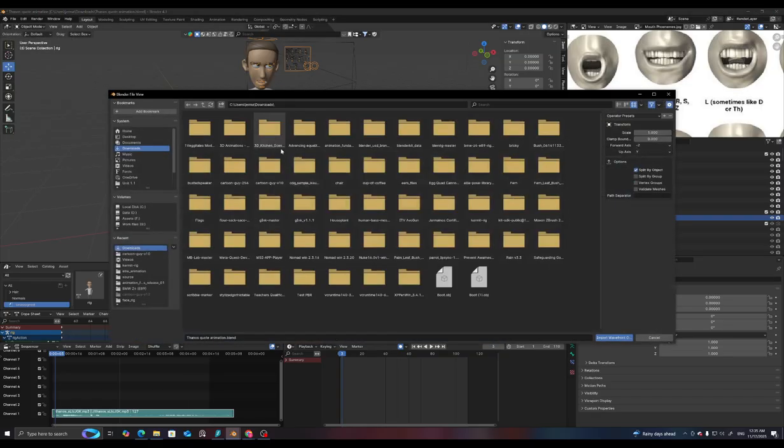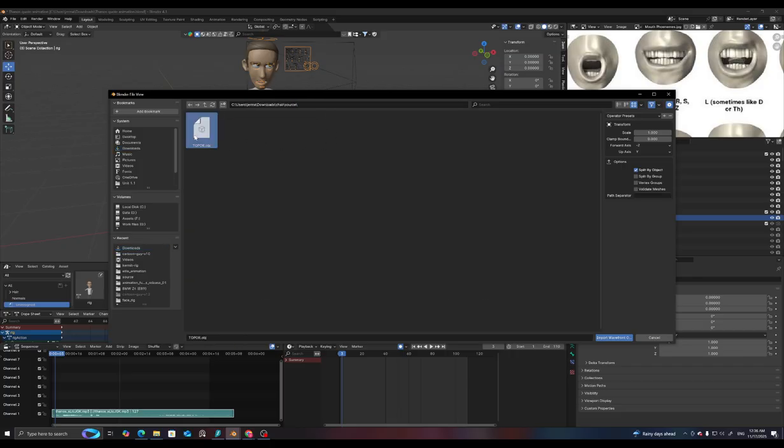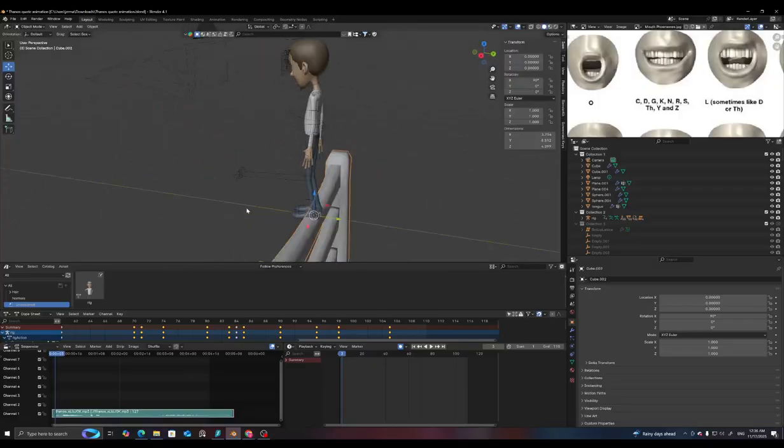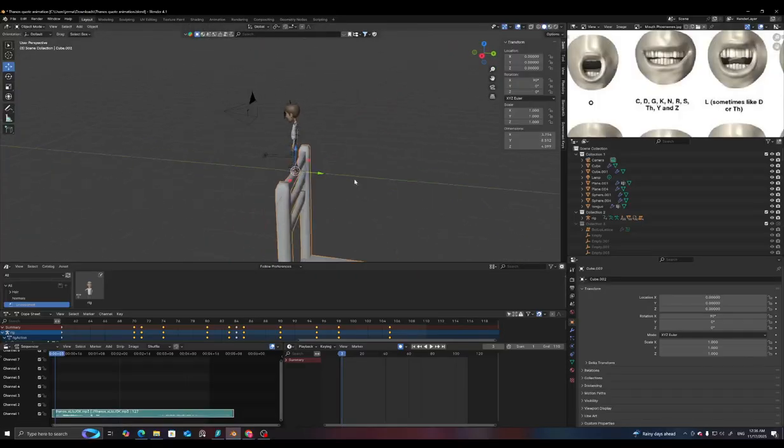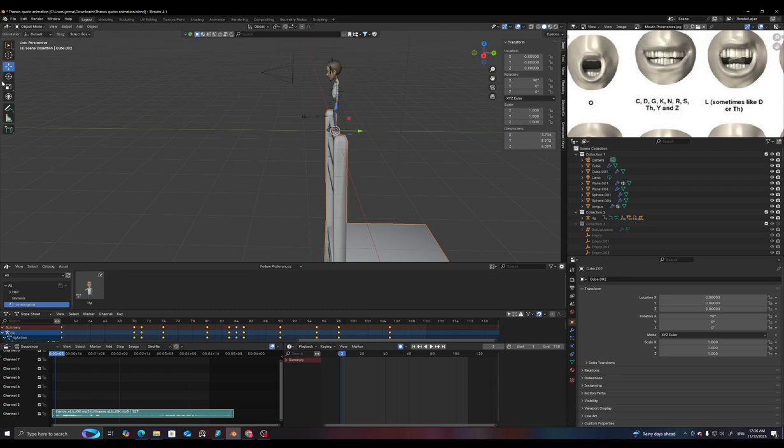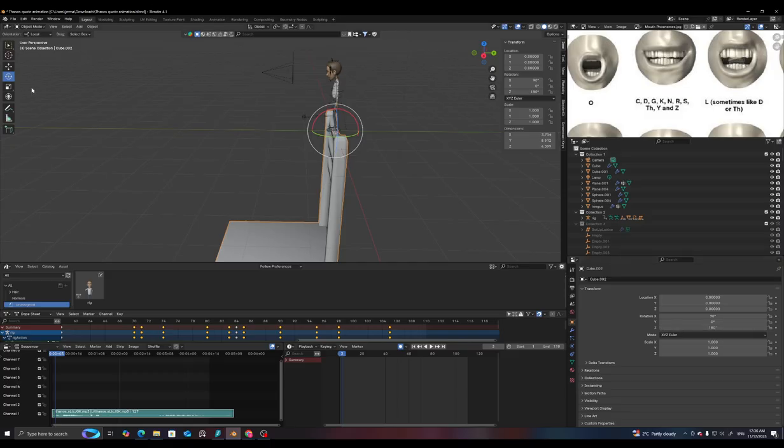In my downloads, I'm just going to go to the chair first and import that. There we go. Zoom out, and then I'm just going to rotate that by 180 degrees, scale it down,